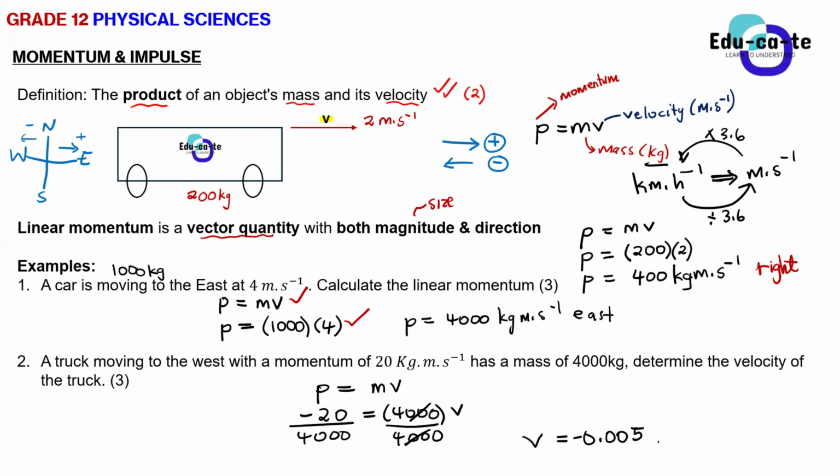Yes, can I please ask? Isn't velocity a scalar quantity, so we don't have to put a direction? Velocity is a vector quantity. Speed is a scalar quantity, but velocity is a vector quantity. You remember that, right? Oh, I thought speed and velocity were the same. No, what differentiates them is that velocity is a vector. It's a speed with some direction, but speed is just a speed without direction, right? Yes. Okay, thank you.